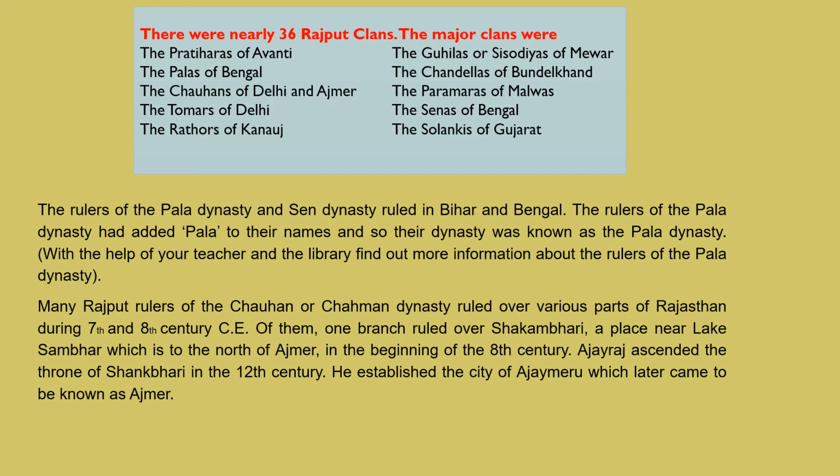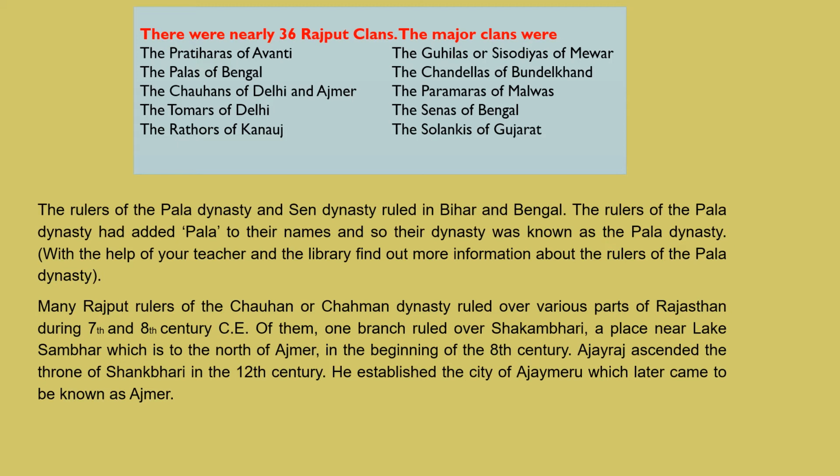But thereafter the dynasty declined in power, and Mahendrapala, the Gurjara Pratihara emperor of Kannauj in the late 9th and early 10th centuries, penetrated as far as northern Bengal. Pala strength was restored by Mahipala I, whose influence reached as far as Varanasi, but on his death the kingdom again weakened. So this was a small knowledge about the Pala dynasty. The rulers of the Pala dynasty had added Pala to their names and so their dynasty was known as the